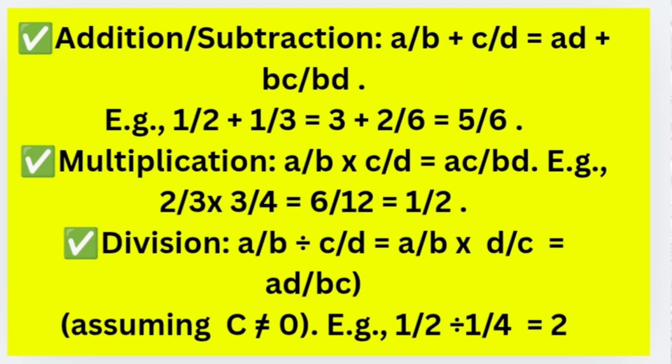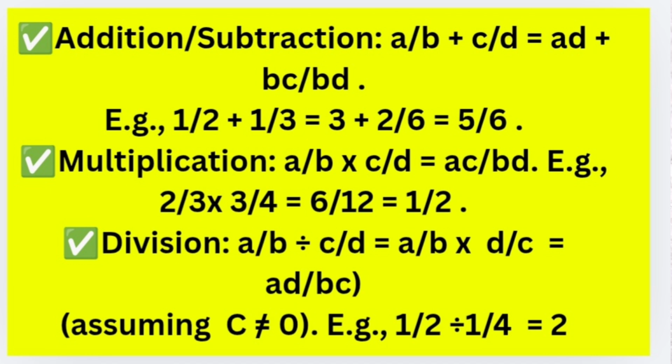Operations on rational numbers. Performing operations on rationals involves common denominators for addition or subtraction and direct multiplication or division for products or quotients. Addition or subtraction: a/b + c/d = (ad + bc)/bd. For example, 1/2 + 1/3 = (3 + 2)/6 =